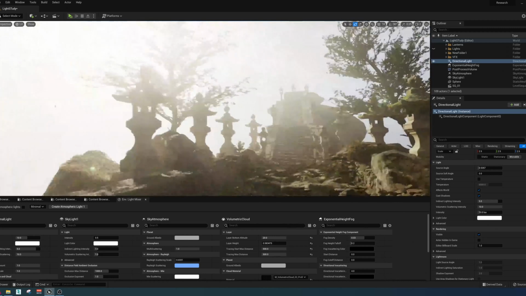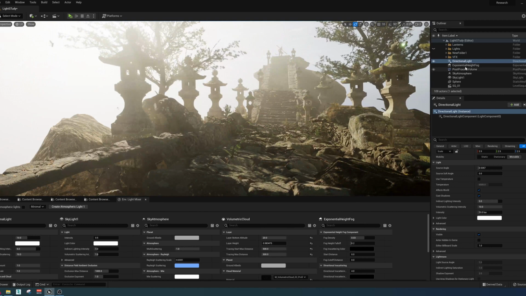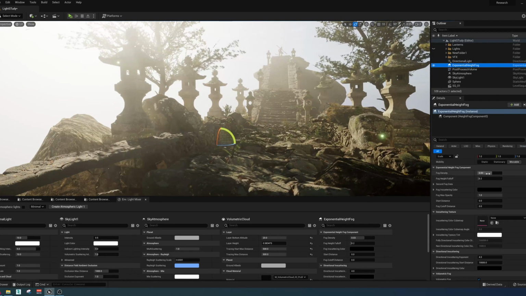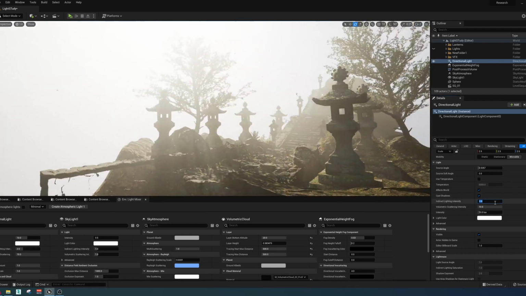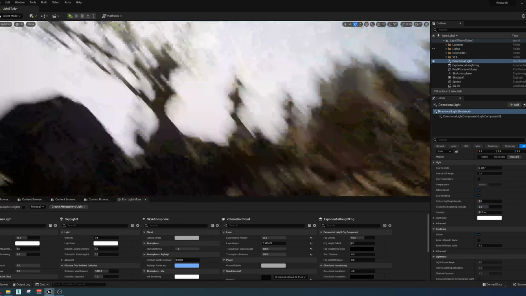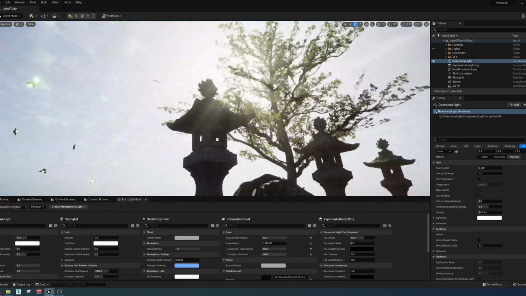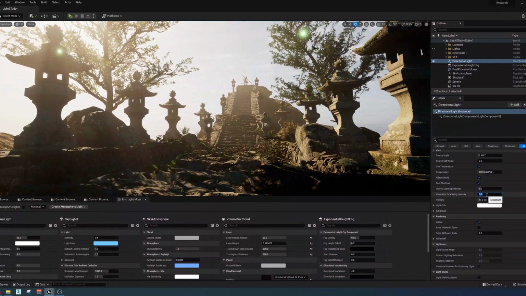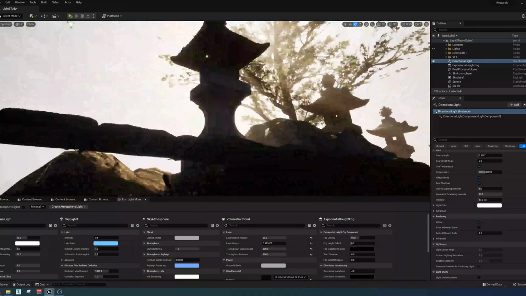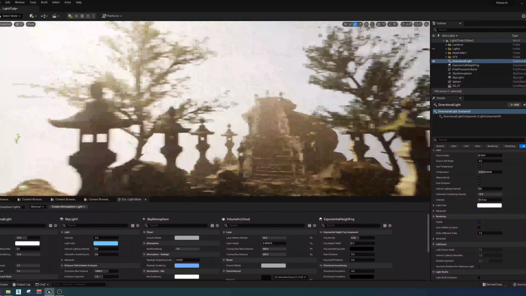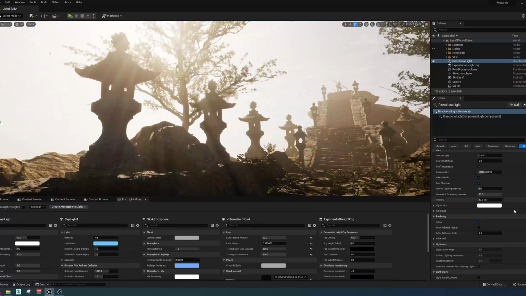Again, this is too foggy, and we can reduce the fog intensity, but we can do like 2 here. Let's see. That's indirect, sorry. Let's do 2, and now they are not that visible, you see. However, we have them here, but we can put something like 5 or 10, and you see we're going to have some god rays coming from the trees, and you can control the god rays intensity from here,